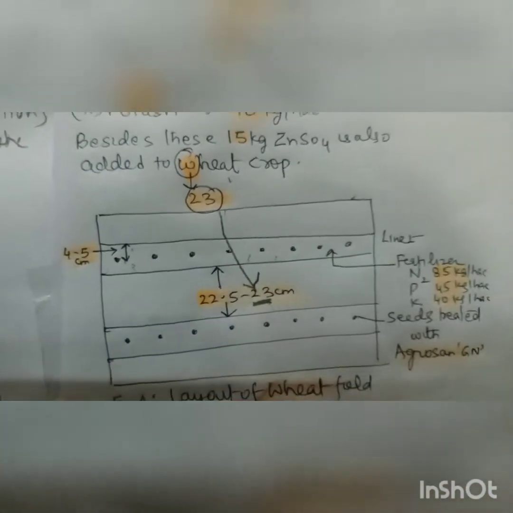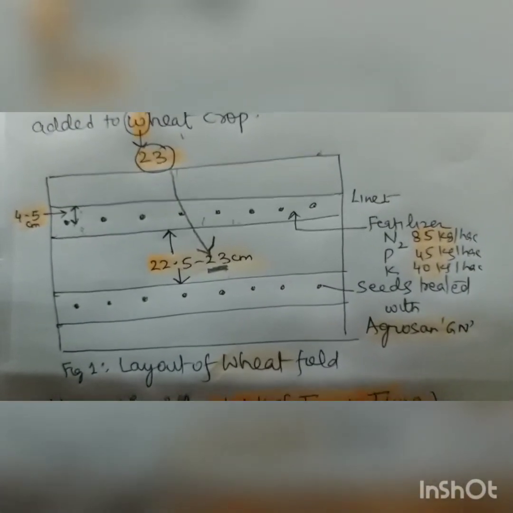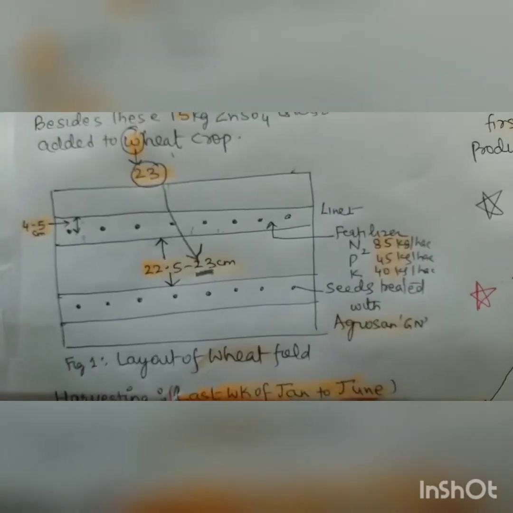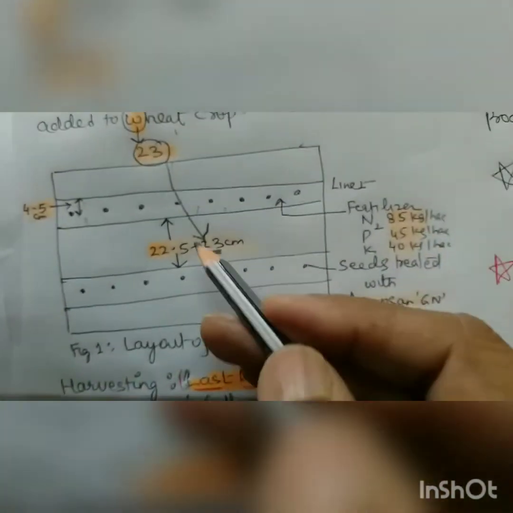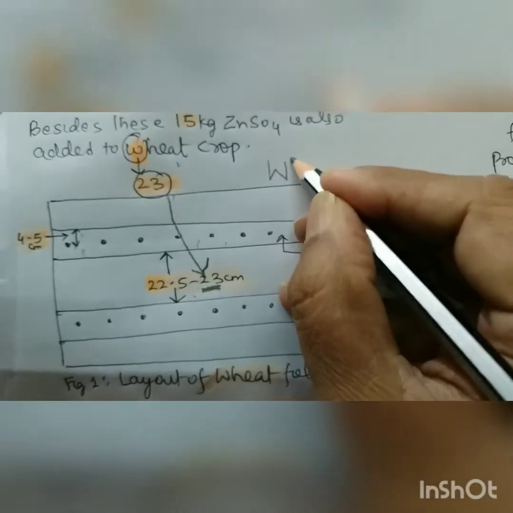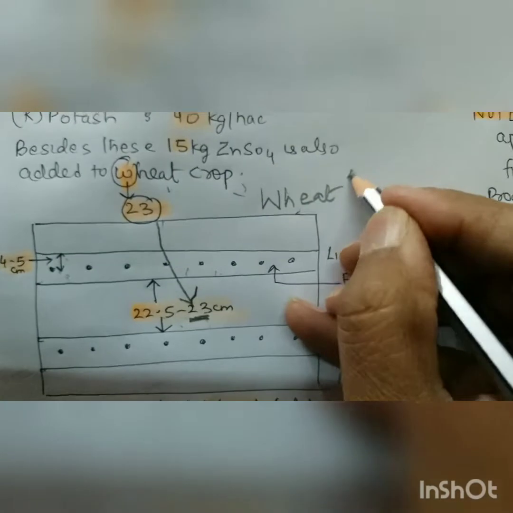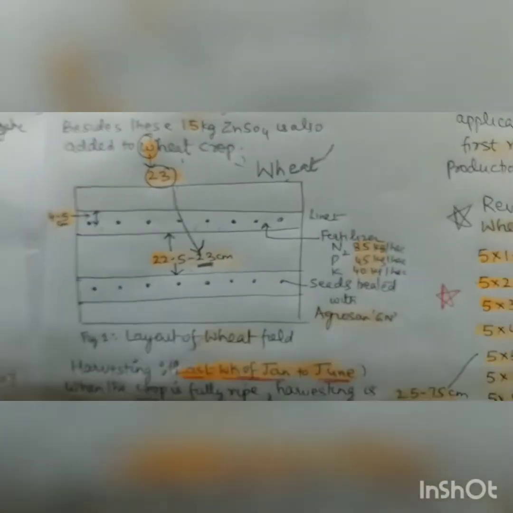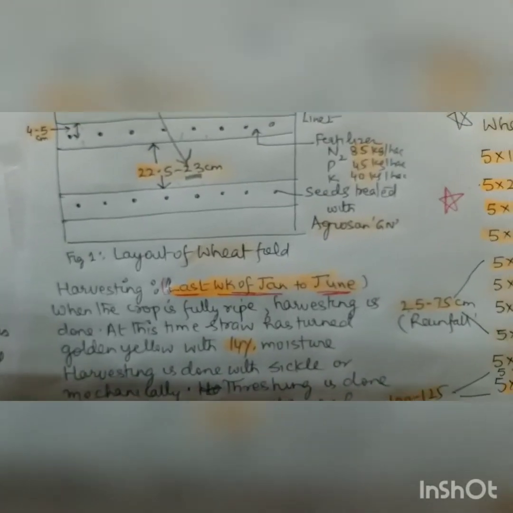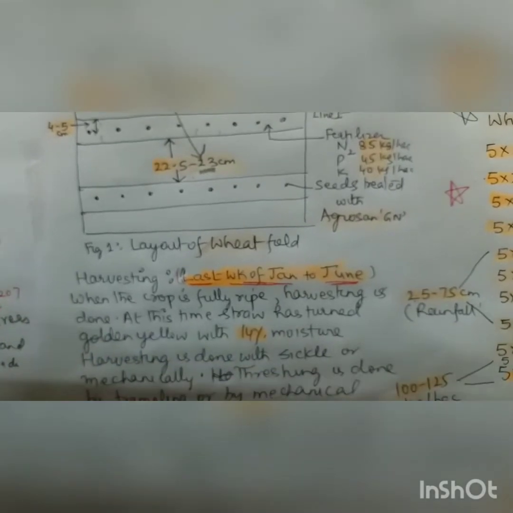When I was in your class, every time I thought, who named it wheat? Then I started thinking. Then I saw this distance. I came up with W from here because wheat occurs in heat. So this is the wheat. I came to a conclusion. A lot of things I will later on tell you, in rice, potato. So I came to a conclusion how a person first named it wheat.